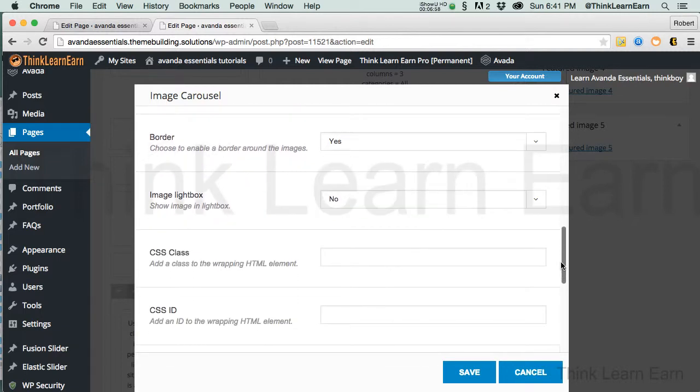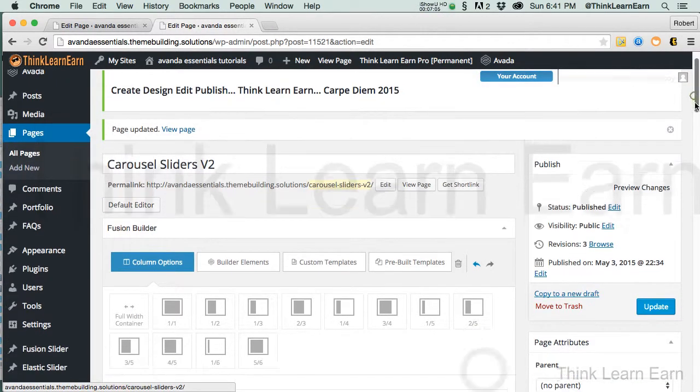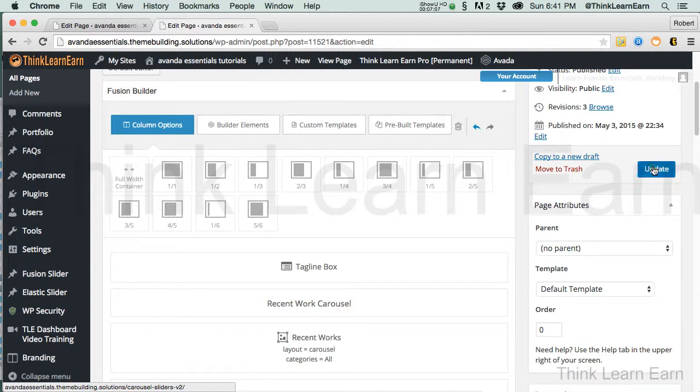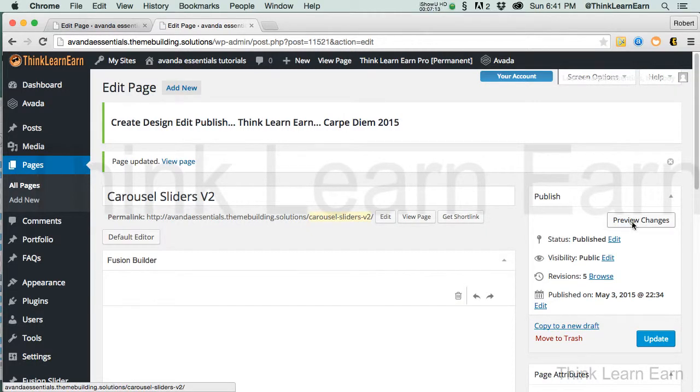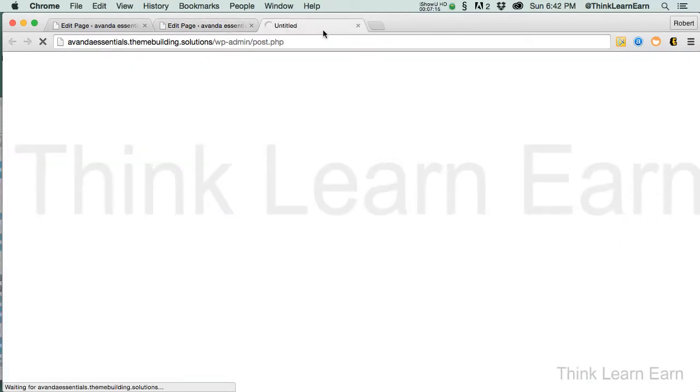Border, yes. Image light box, so if I click on that, I can bring up an image light box, and we'll save that. Of course, at this point, if you don't know what I'm talking about, the light box is just going to pop up the image into a separate window. And since I selected yes, watch what happens now. So if I click Preview Changes,